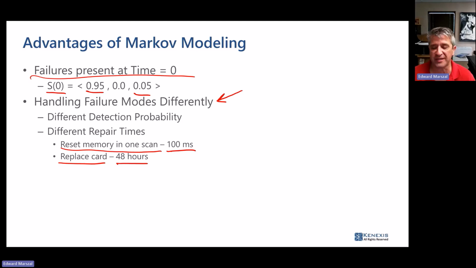They don't want you diddling around and trying to put failure rates into a 2 out of 3 equation and hoping for the best. Because as we have just shown here, they have developed Markov models because their systems are so complex, and they keep those Markov models close to the vest. Sometimes they share them with us, but for the most part, they don't share them with the software vendors of SIS SIL verification software.